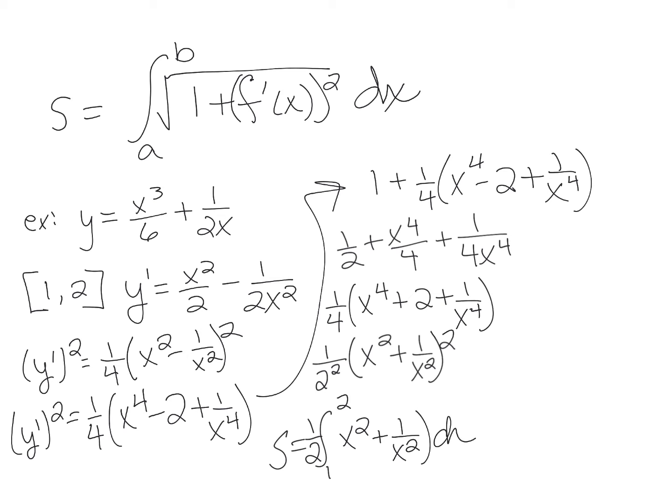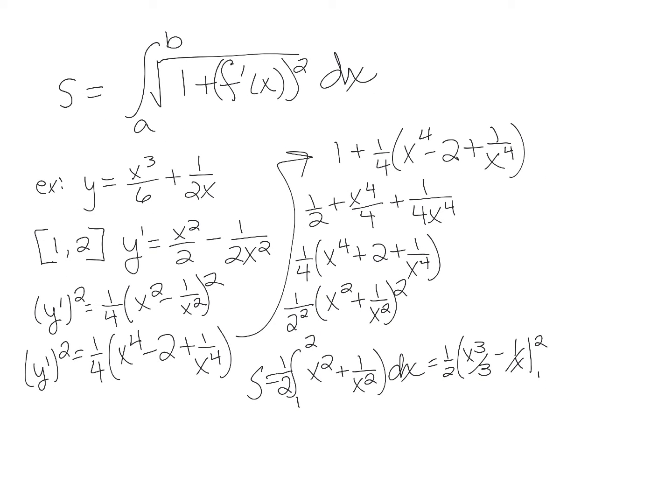It can get a little messy, but sometimes it works out so pretty. So we have 1/2 x cubed over 3 minus 1 over x from 1 to 2. When you plug in those values, leaving the 1/2 on the outside, I get 8 over 3 minus 1/2 minus, plug in the 1,